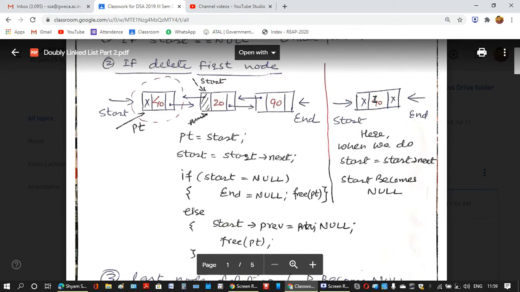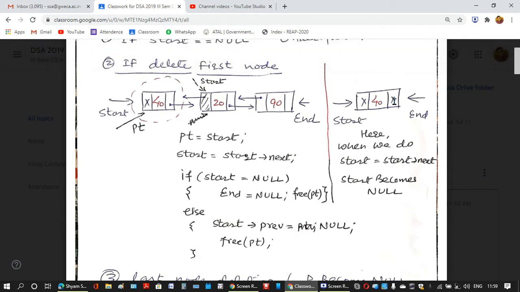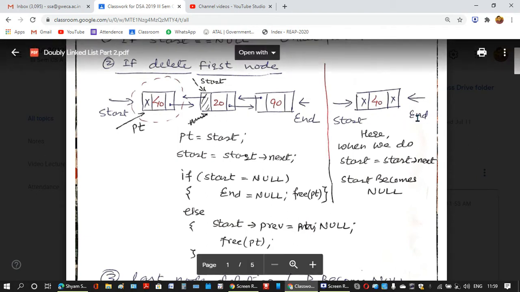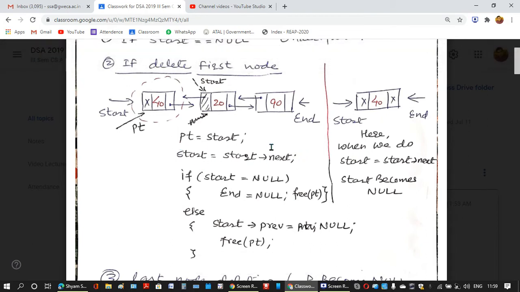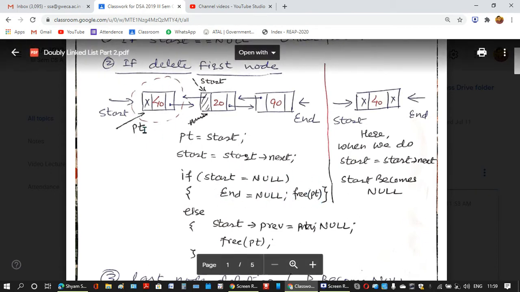So end will also become null, start will also become null. If you write start equals start next, start will become null but end will not become null. So after doing start equals start next, if start becomes null, then we also set end equals null and then free this pt because this memory is now deallocated.